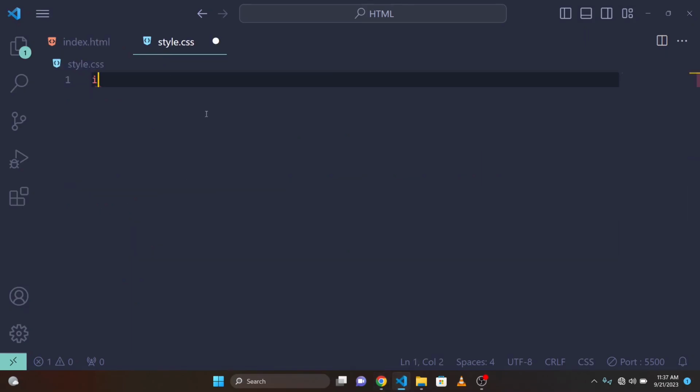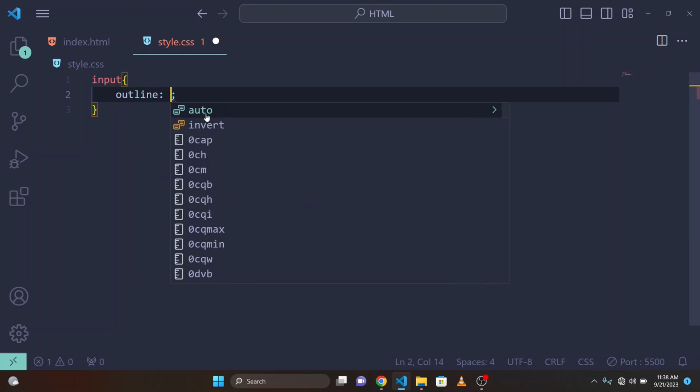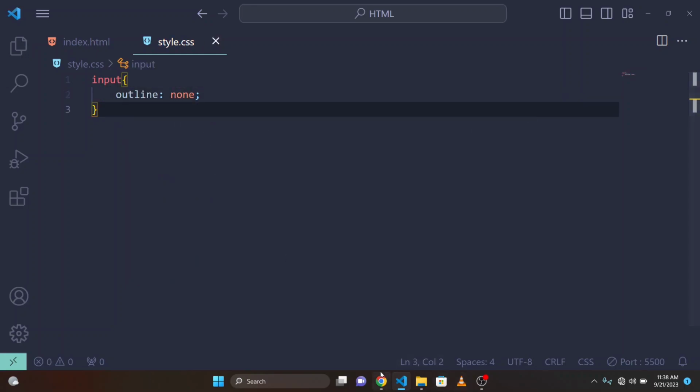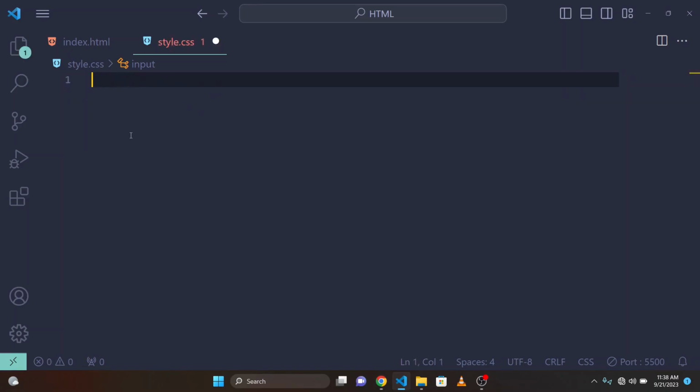But if I remove the outline from it, as I did with the input, and when I set outline to none and save it, and I check in the browser, you can see the outline is gone, right? So many people use outline and just set it to none, just like that, so they won't have difficulties doing it. Alright, so let's move on to